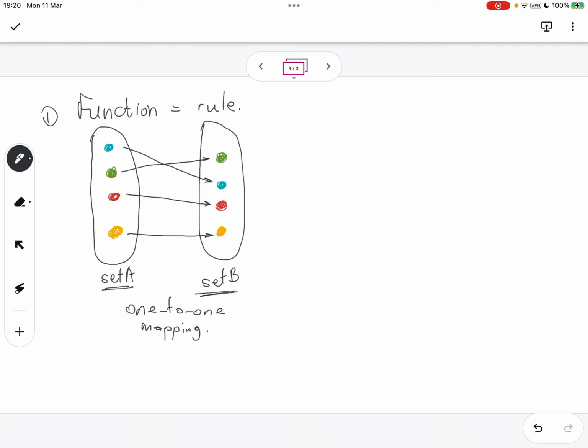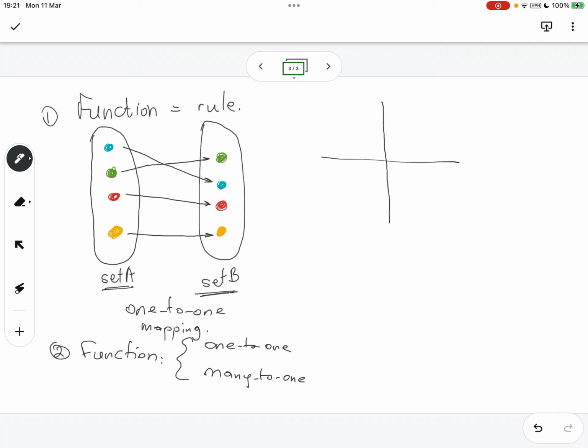Right. So functions can be one-to-one relations or many-to-one, right? So this rule, the function, can be a 1-to-1 mapping, or it can be a many-to-one mapping. And the reason this is valid is because you can have